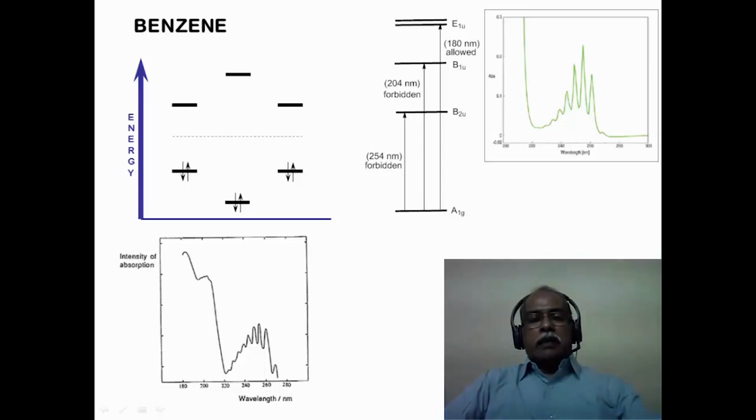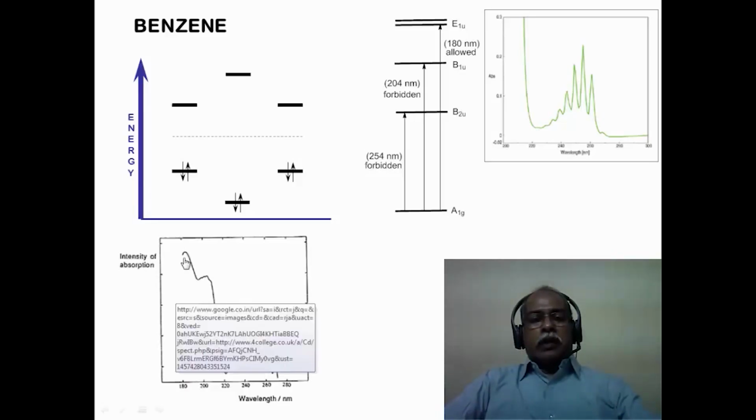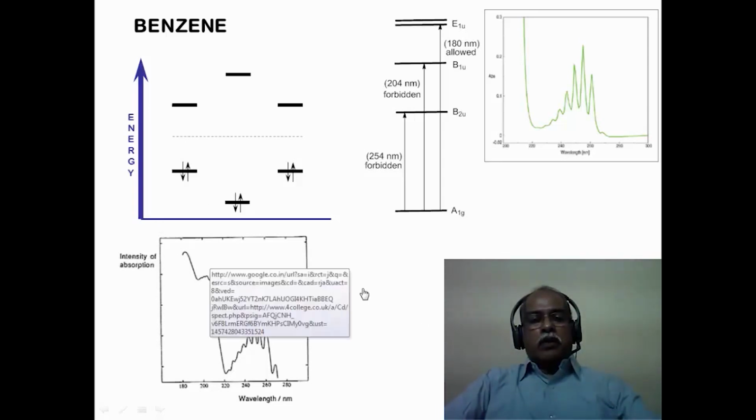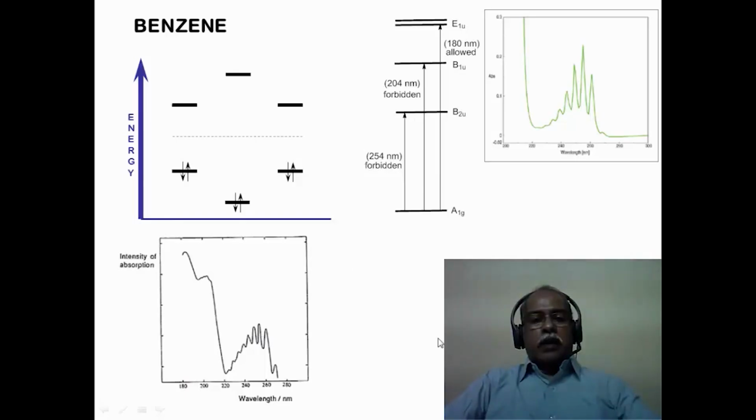However, benzene gives distinctly three different types of absorption band. As shown here, this corresponds to the benzene electronic spectrum. There is a band around 184 nanometer or so. There is another band around 200 nanometer, which is this particular band. And finally, there is a third band, in which the vibrational structure is very clearly seen. The fine lines that you see in the spectrum are essentially due to the vibrational levels of the benzene electronic